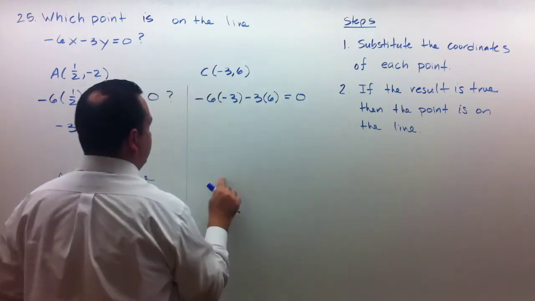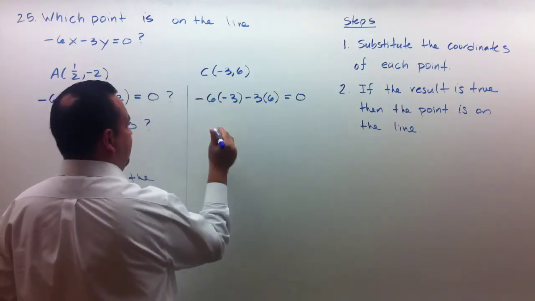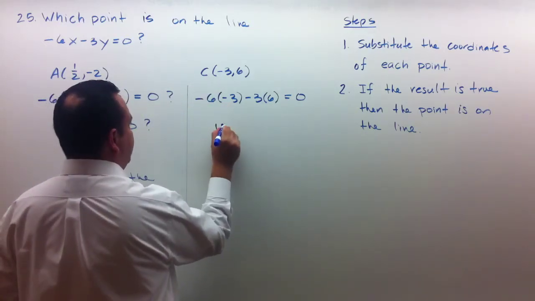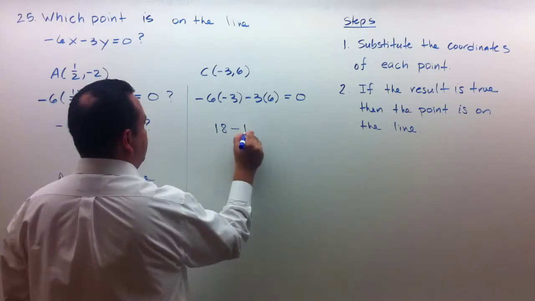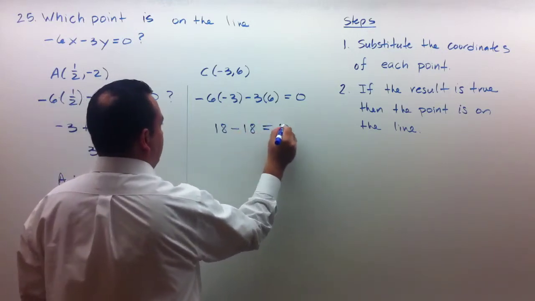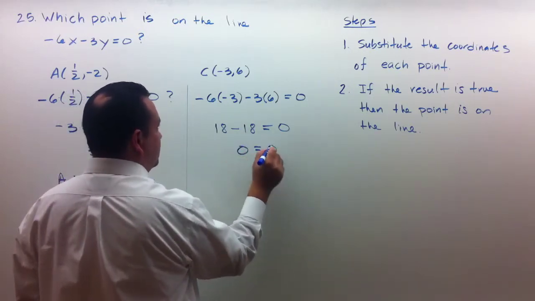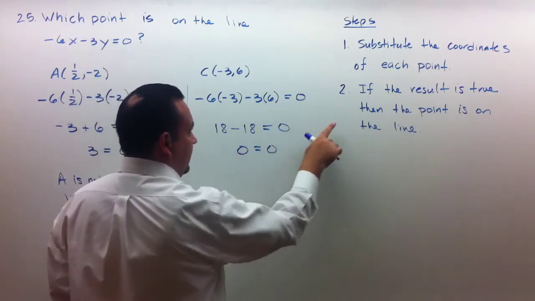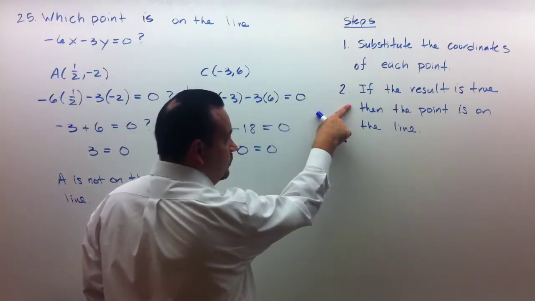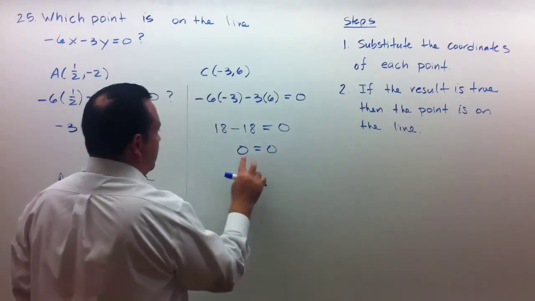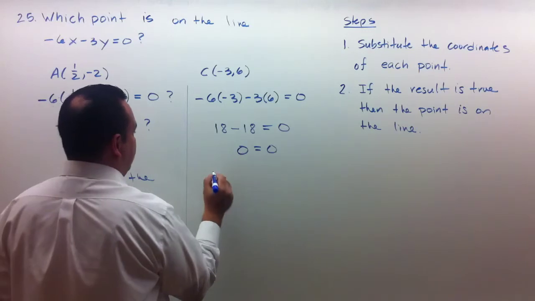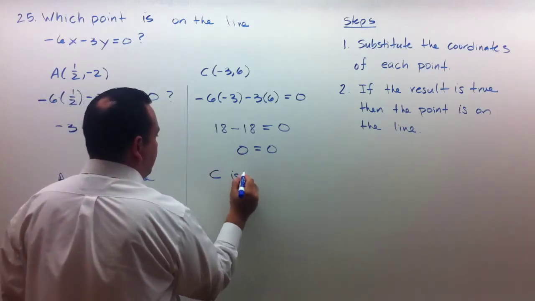If we simplify the expressions and then get a final result, we can then check if the result is true or not. Negative 6 times a negative 3 is a positive 18, minus 3 times 6 is also an 18, equal to 0. 18 minus 18 does equal 0. 0 equal to 0 is true, and it states here that if the result is true, then the point is on the line. Because this is true, we can say that point C is